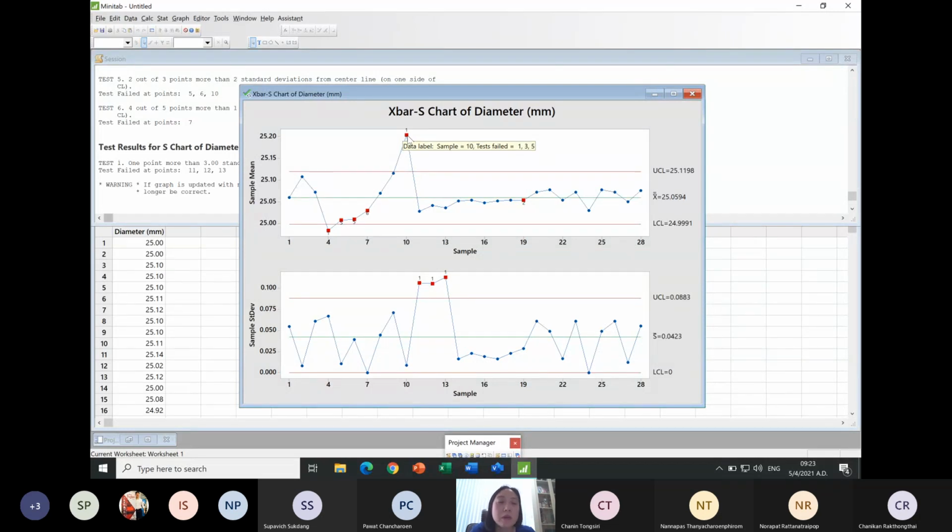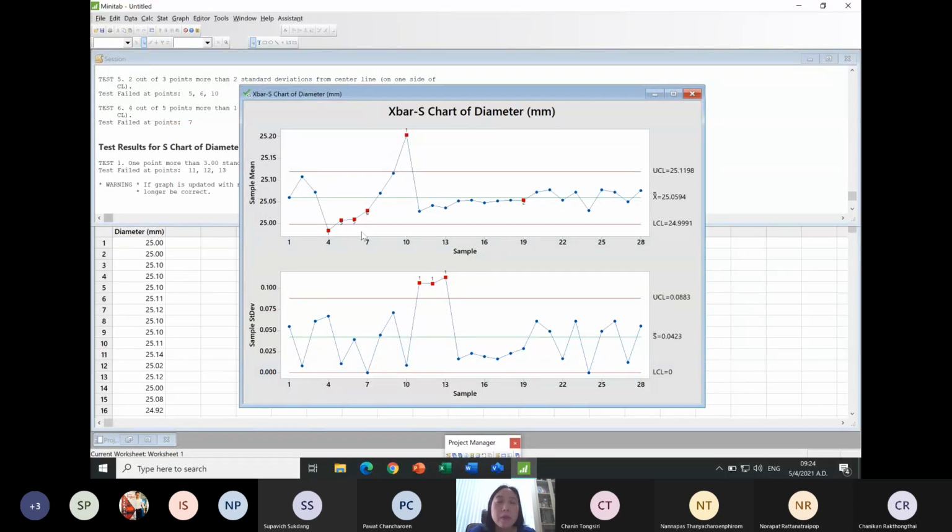From 4 to 5, that is the first increase, and then 5 to 6, that is the second increase. 6 to 7, the third time. 7 to 8, 4, 8 to 9, 5, and 9 to 10, 6. So 6 increases